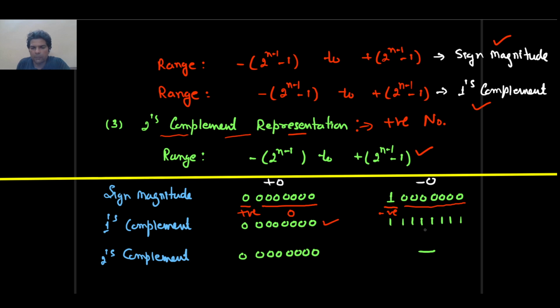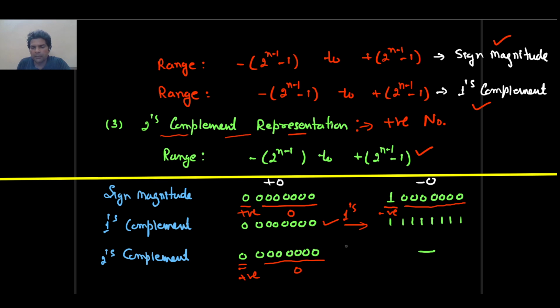And how do we represent negative 0? Take the ones complement of the corresponding positive number. So if I take the ones complement of this positive number, that is my minus 0. Clear? In 2's complement, this is the positive 0, the plus sign is there, and the rest is all 0. A positive number is represented the same way as in ones complement or sign magnitude. But the negative number in 2's complement form is